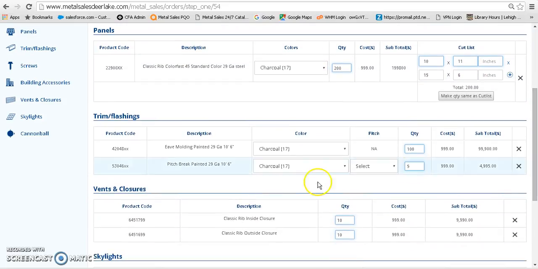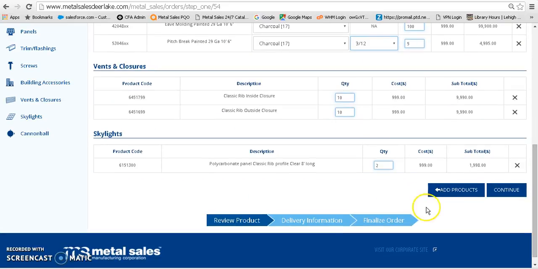And you're going to go down through. You're going to fill in your colors. If you have a trim that required a pitch, you can go ahead and fill that in at this point. You can again edit any quantities that you need to all the way through. Anything that does have a color, it's asking for it here. If we were to do something like,